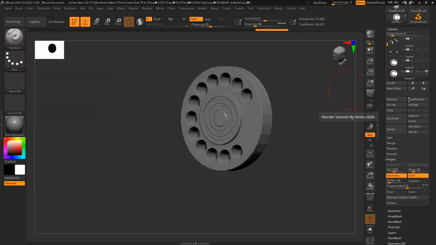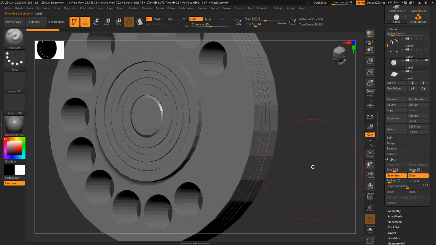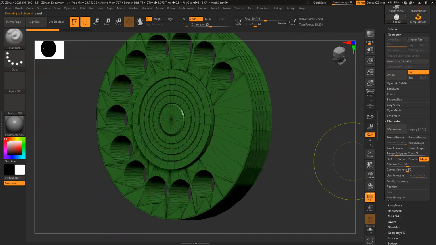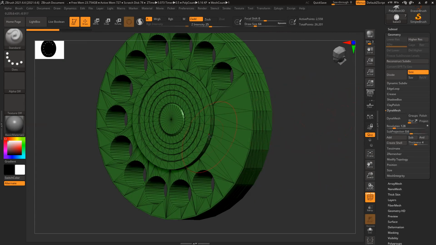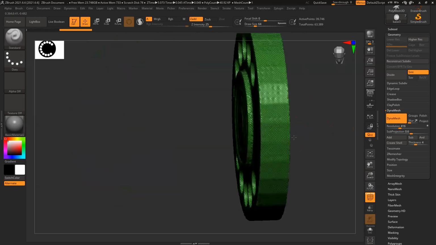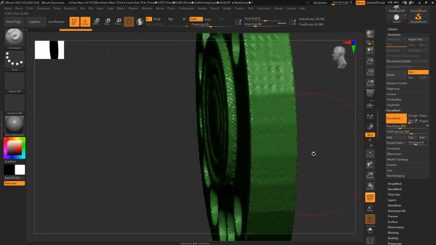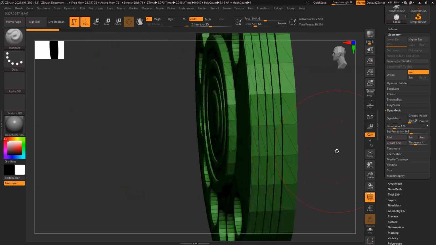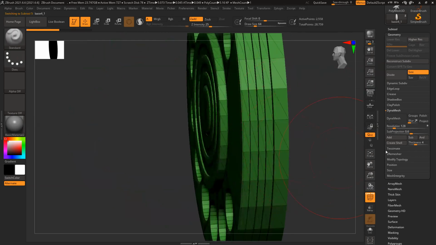You can use this also to retain the shape and clean everything. But personally, what I prefer is, I select my model, and I prefer to use Dynamesh. If you use Dynamesh, it will spread all the polygons evenly. So first increase the poly count slightly, because for this I need a little bit of extra polygons. Dynamesh. It retains all the shape and converts everything into quads. But you can see all those grooves on the side are gone. So for that, you can Control Shift D and increase the resolution even more.